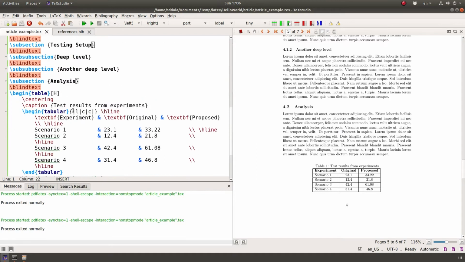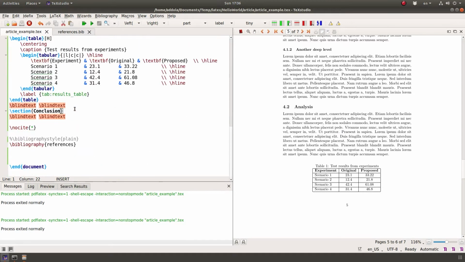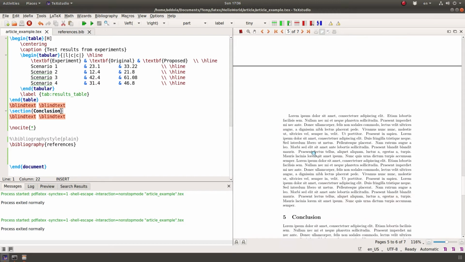Another advantage is that the document is plain text, so the size of the document is very small. You can actually use GitHub or Git repositories to check in and check out. So that's basically the reason why I think everyone should learn how to use LaTeX.